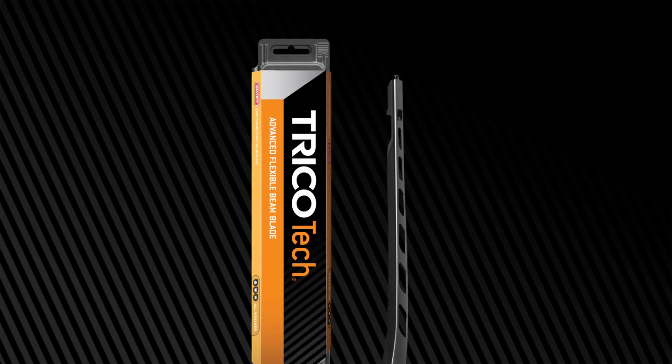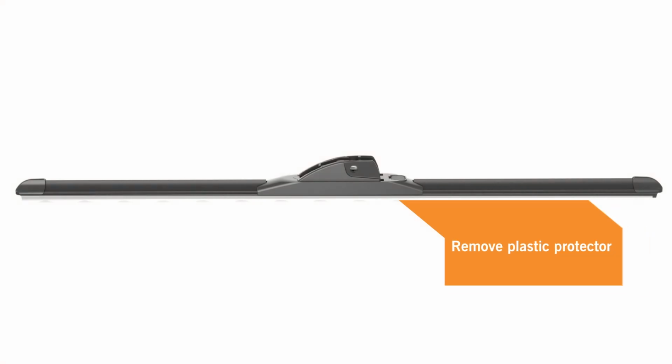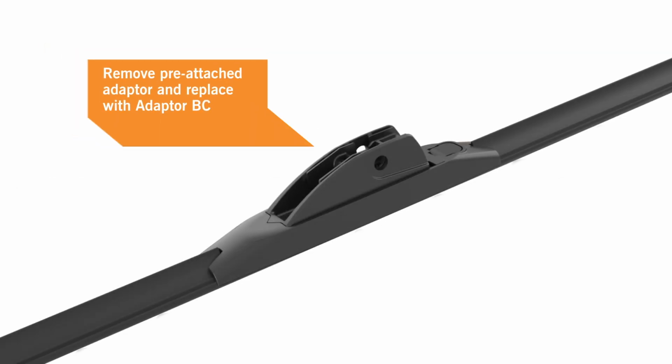You bought a Trico Tech wiper blade. Now what? Before installation, remove the plastic protector from the blade rubber. With this arm type, it is necessary to remove the pre-attached adapter on the wiper blade and replace it as